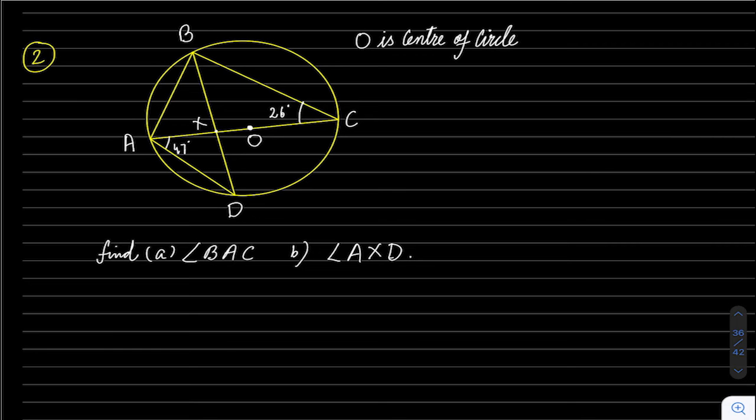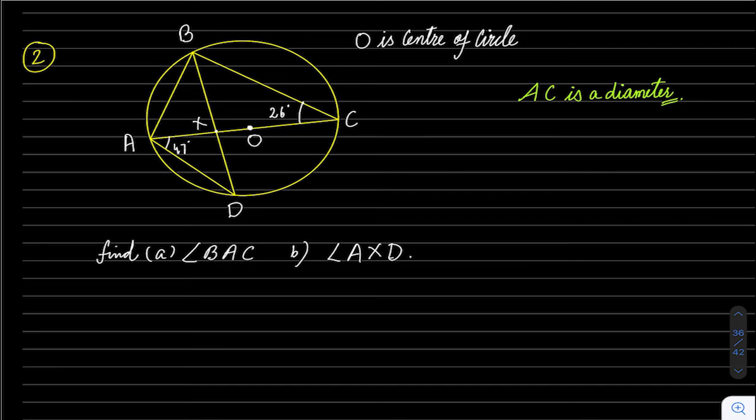First I will look for hints. Concentrate on the diagram. When I see the diagram, I can see that AC is a diameter. That is my observation. And what's the theorem regarding the diameter of a circle? There is only one theorem: the diameter subtends a 90-degree angle at the circumference. That is the angle in a semicircle. We have studied the first theorem.